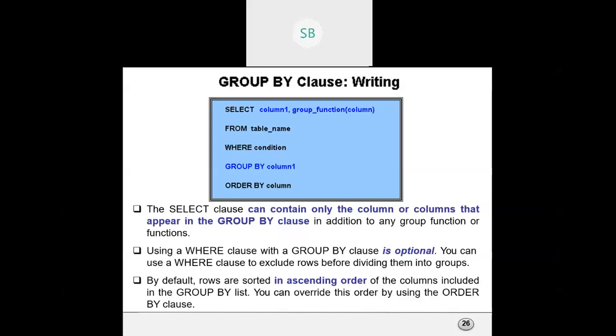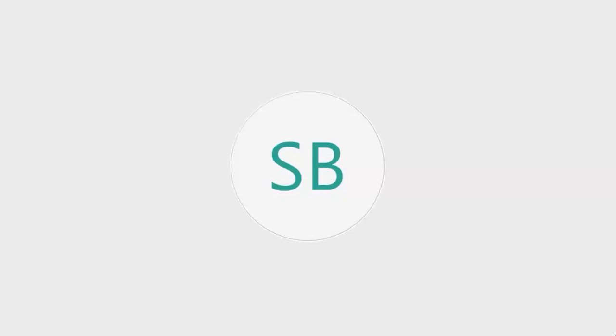I shall be sharing the PPT because I have to start with the single row functions also, but it's okay, I'll not start today. Single row functions are the same kind of thing, but we have time, so I think I can start also.